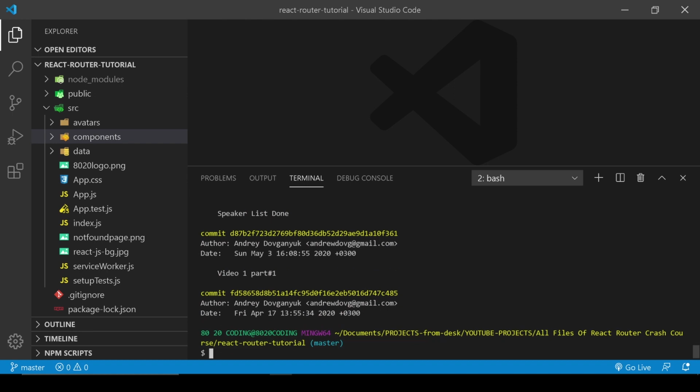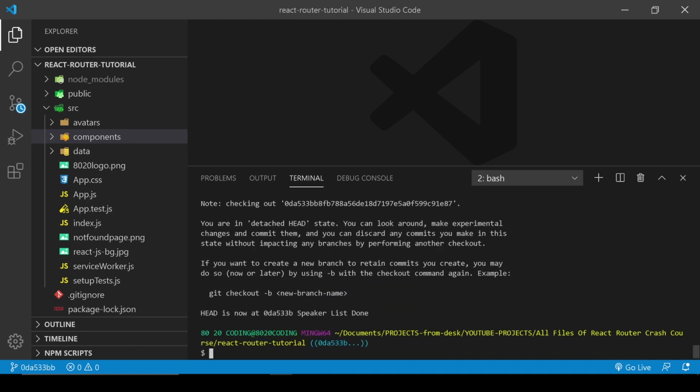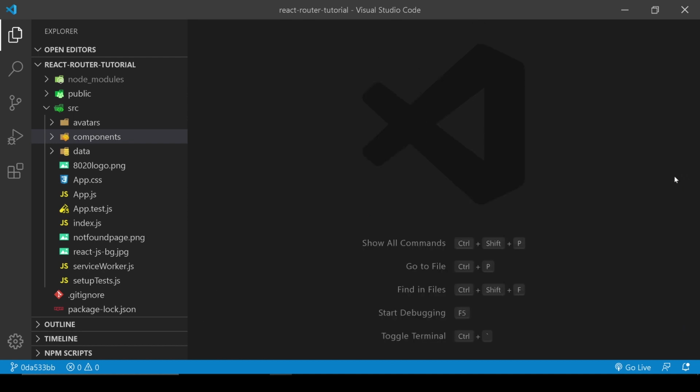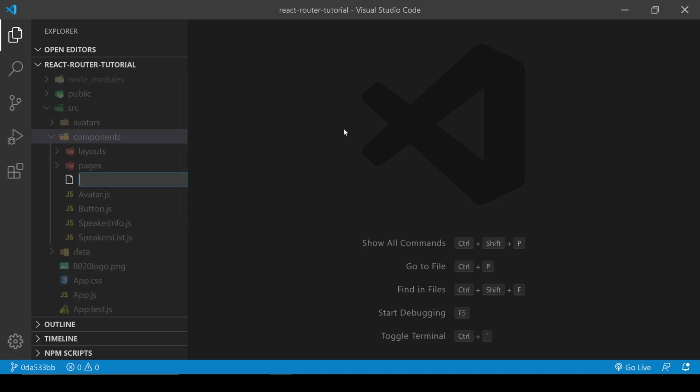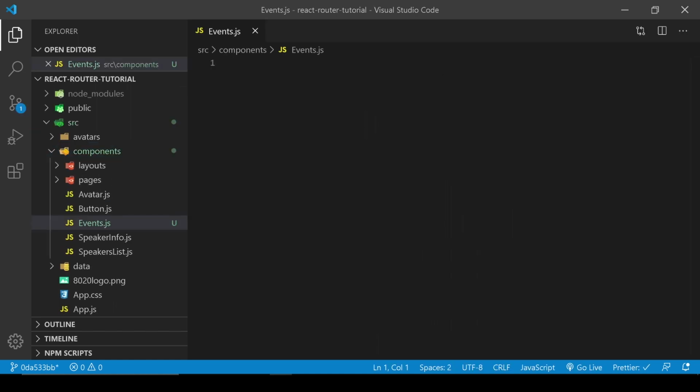So now I need to git checkout to this commit. Okay, all right. And in the components, let's create the events.js component, and I'm going to use the snippet